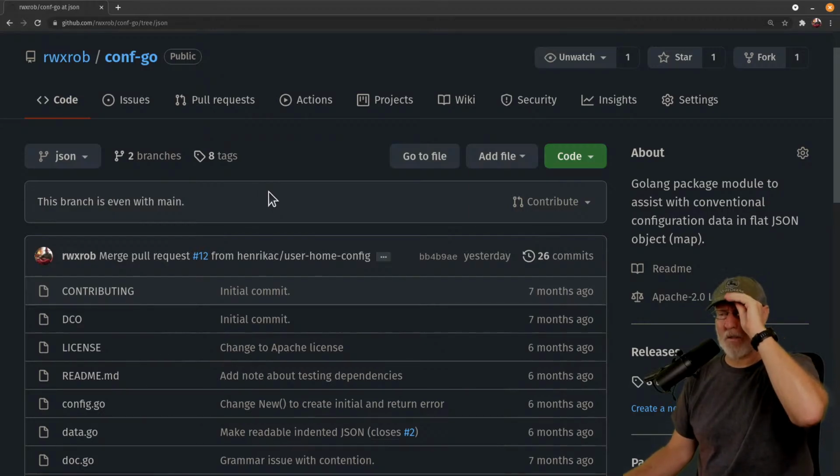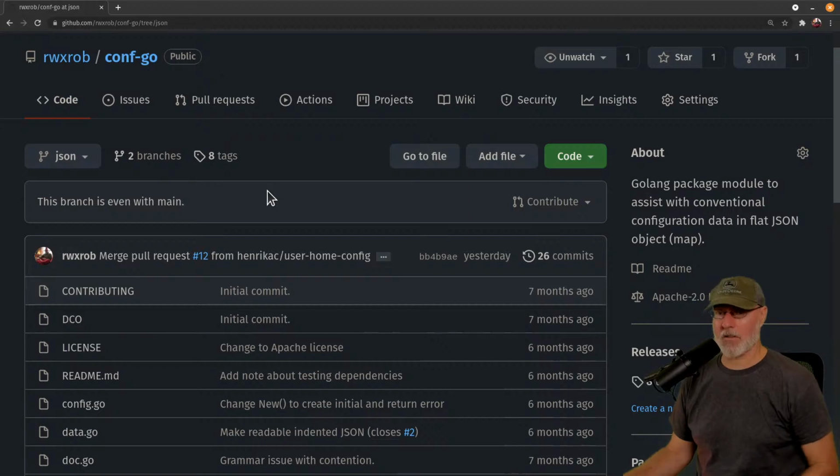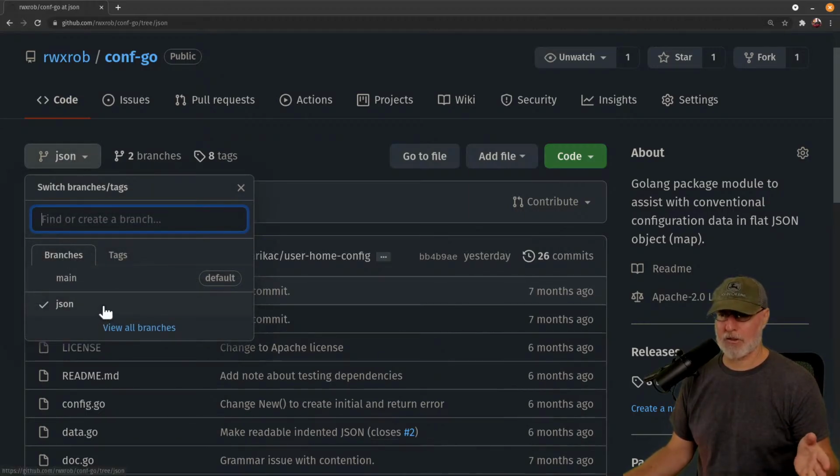But we're not just going to talk about Go. We're going to talk about how to organize a software project and how to get started on a small software project, and how to follow Git ops. How to follow the Git process during your own process of development, even if you don't have other people around, just to get in the habit of doing it, and to keep track of things and not get lost, because it's already there for you. So we're going to be doing all of those things. We're not just going to be learning about conf-go. We're going to be learning about the process of development, Git-driven development, specifically GitHub-driven development, in a collaboration, and that includes this branching. And this JSON branch triggered that.